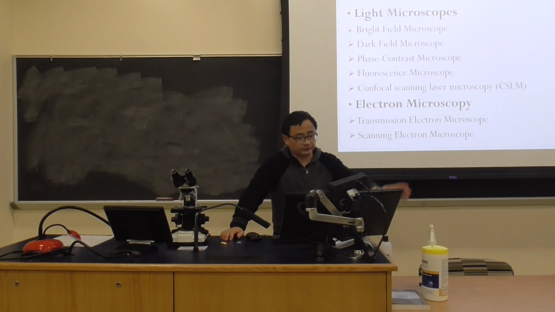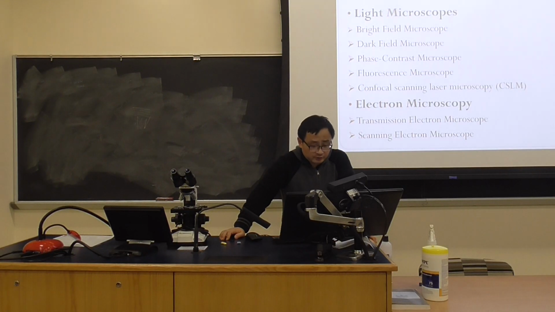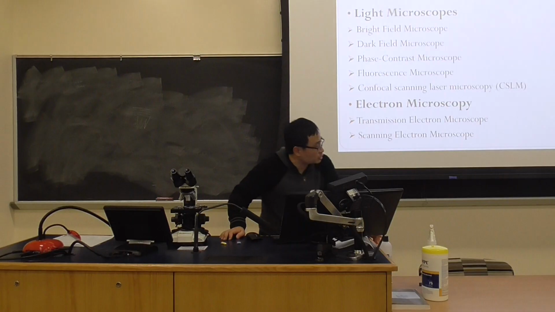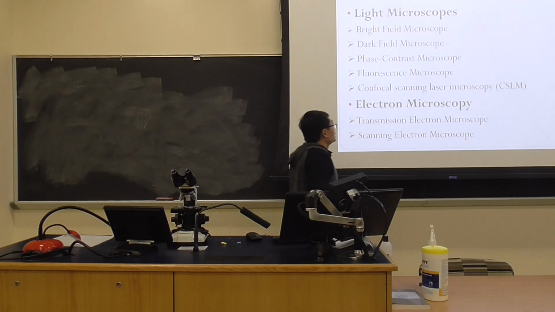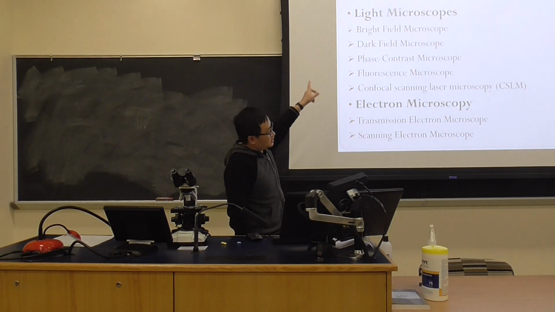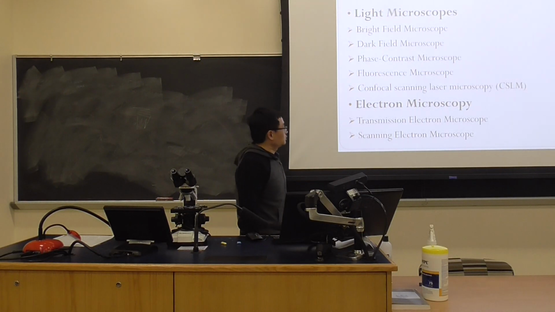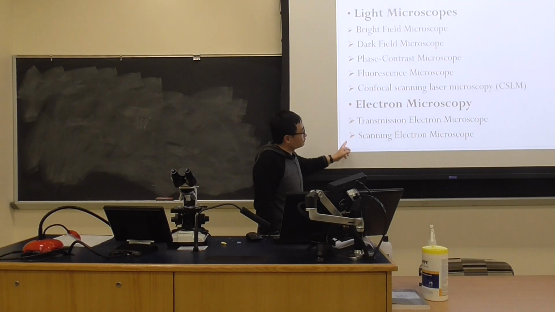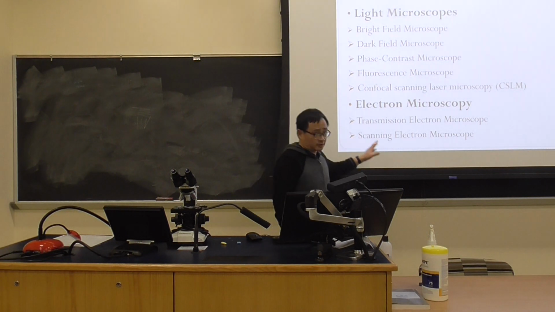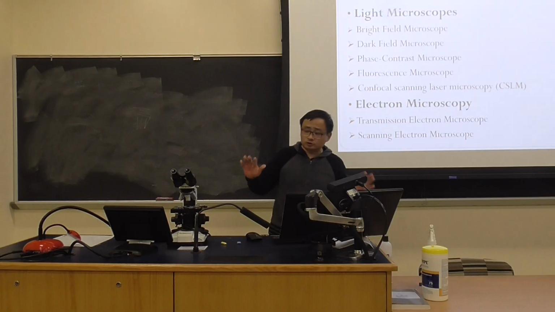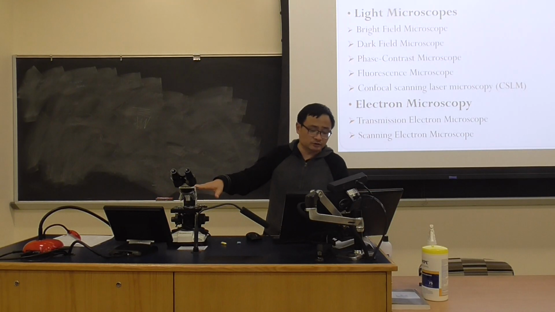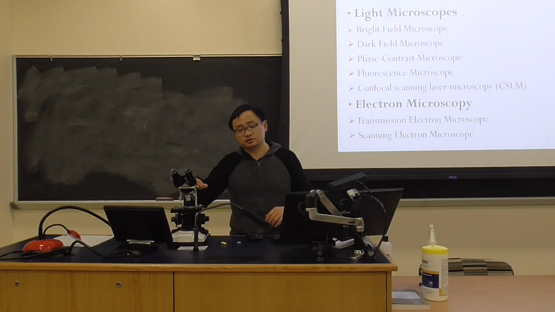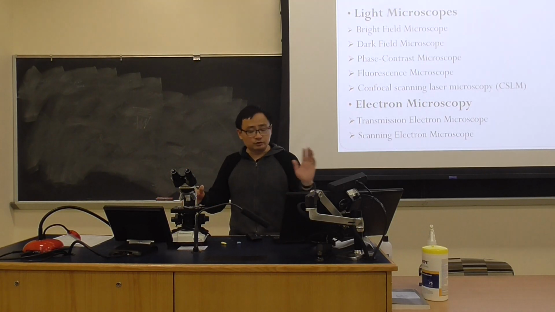So we're going to talk about these things. Microscopes have lots of different categories. Bright field microscope, dark field, phase contrast, fluorescence, and confocal laser scanning microscope. These we call light microscopes, where light is the energy source. If we use electrons as the energy source, we have two different types of electron microscope: transmission electron microscope and scanning electron microscope. We will talk in a little detail about the bright field microscope, which belongs to the light microscopes. For all the others, we will be very brief.